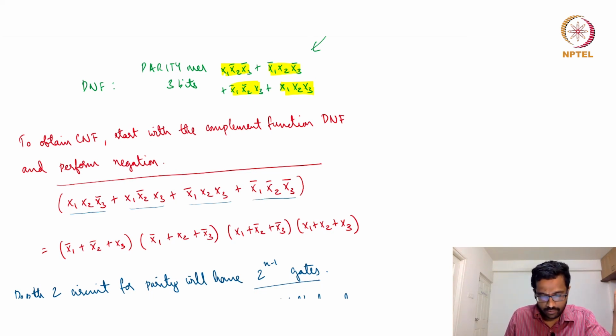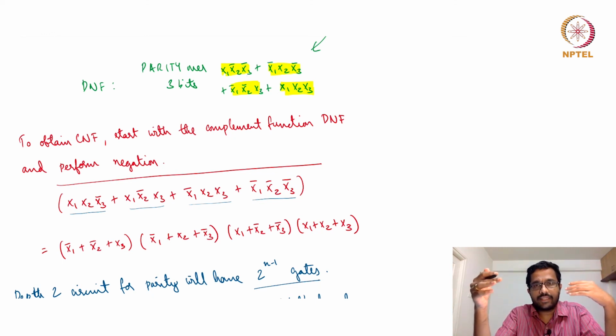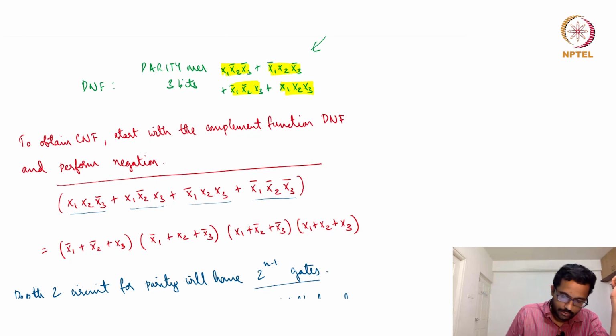and the last term is true when the input is all zeros. So this is the negation of parity, and this is a DNF expression for that. And we can get a CNF expression by just taking the complement of this and using De Morgan's laws. De Morgan's laws simply say that the negation of an AND function is the OR function of the negated things, and the negation of an OR function is the AND function of the negated things. So if you take a complement over this, I think this is what I have tried here with the big red line. First,